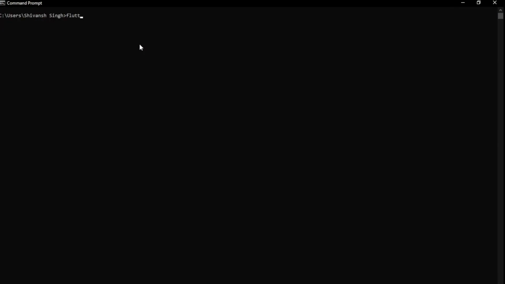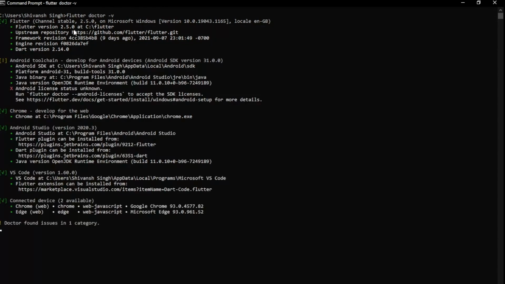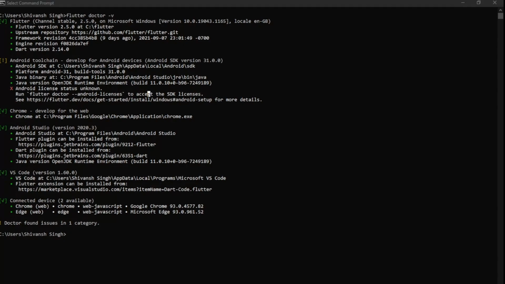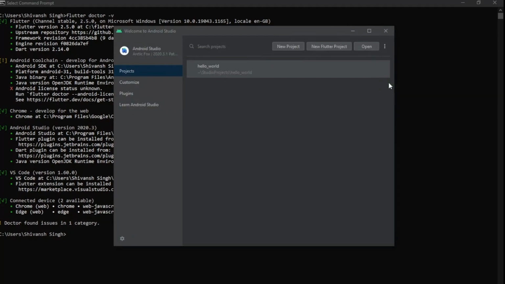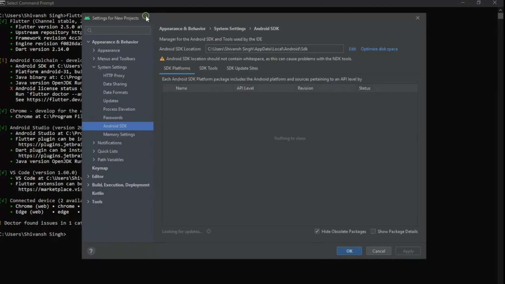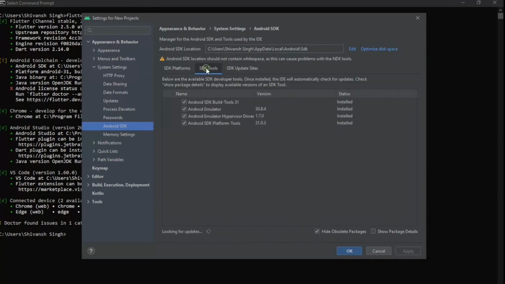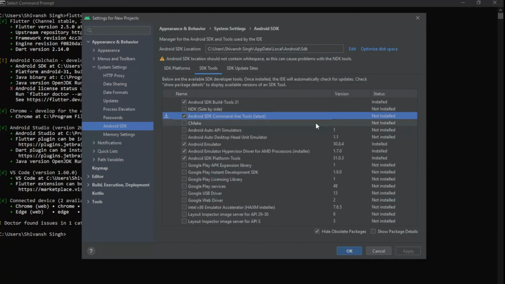Now just run this flutter doctor command so that we are not provided with any errors later on. Here you will see we are shown this error: Android license not accepted, and also we haven't installed the command line tools. So just open the SDK Manager in Android Studio, and there you can see this Android SDK command line tool.